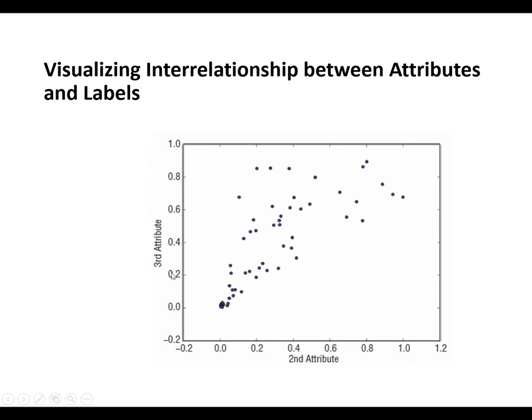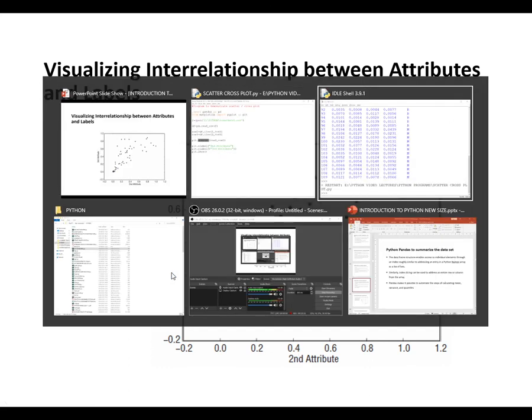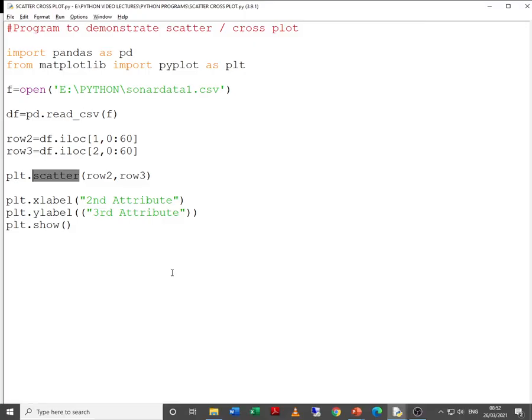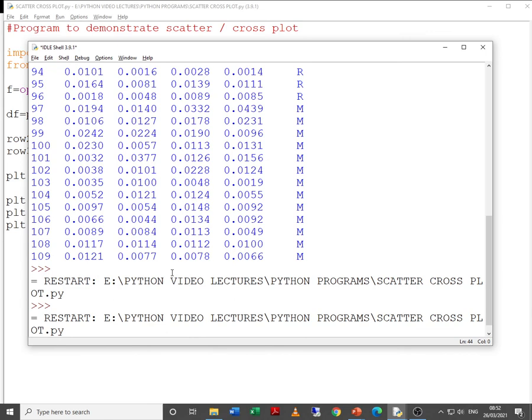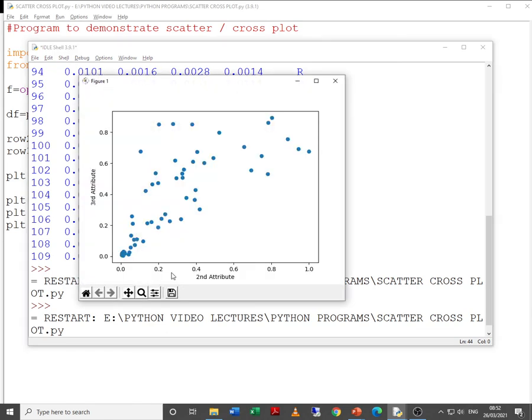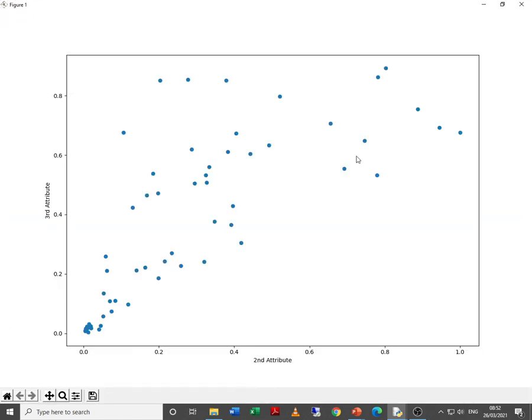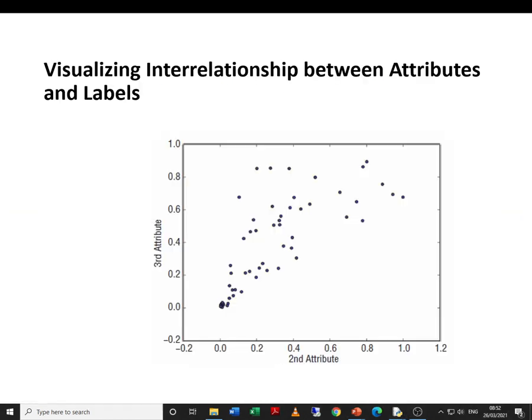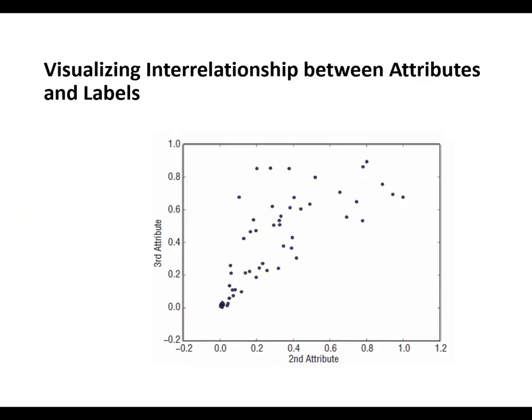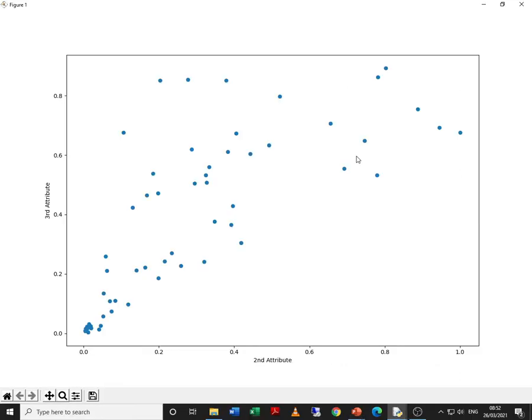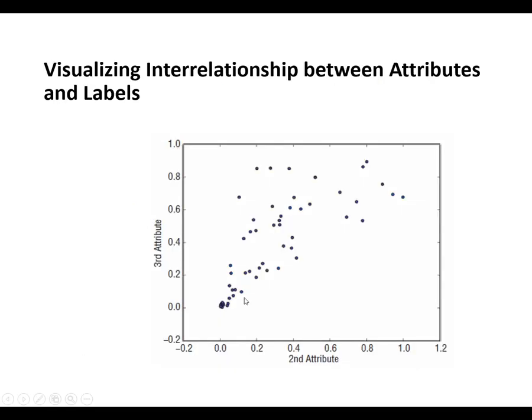Here the second attribute and the third attribute are taken. If you observe the output, I think I had closed the graph, so let us execute again. Yes, it is almost similar to the one shown in the PowerPoint. The values are quite scattered, so it tells us whether the attributes are positively correlated or not.